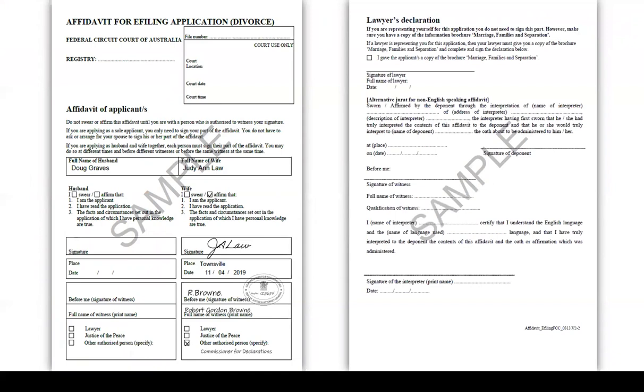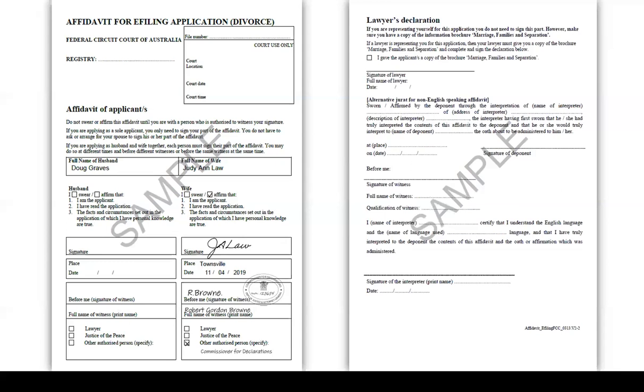This affidavit is then downloaded and is the only document that is required to be witnessed and not the multiple-page application for divorce. Either or both parties can file for divorce, and in this example, the wife, Judy Ann Law, has commenced the proceedings. Judy would have completed and provided all the required information for the divorce application online, including her husband's details and information surrounding the marriage, before printing out this 2-page affidavit. Remembering you're not required to see that full divorce application for this type of electronic scenario.